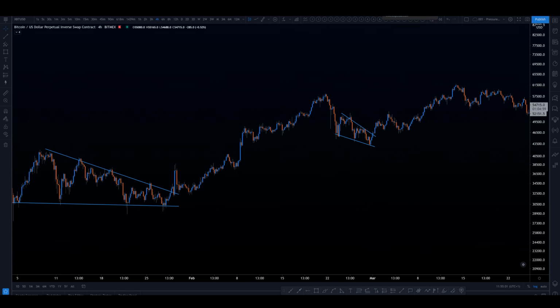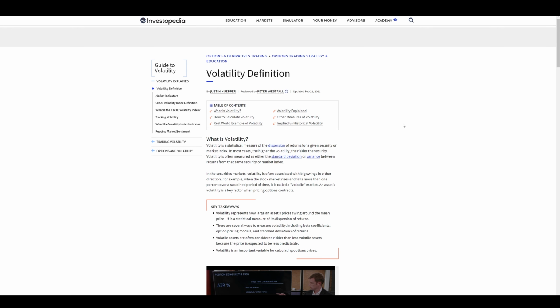Let us briefly talk about volatility. What is it? It's a statistical measure of the dispersion of returns for a given security or market index. In most cases, the higher the volatility, the riskier the security. Volatility is often measured as either the standard deviation or variance between returns from that same security or market index. That should be